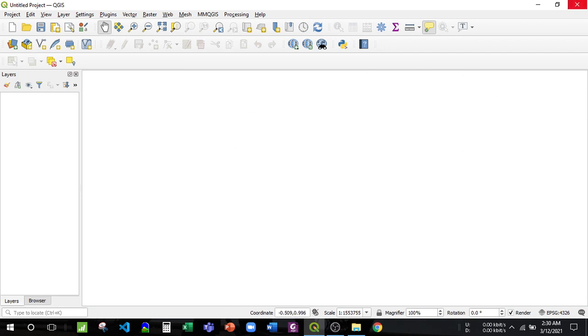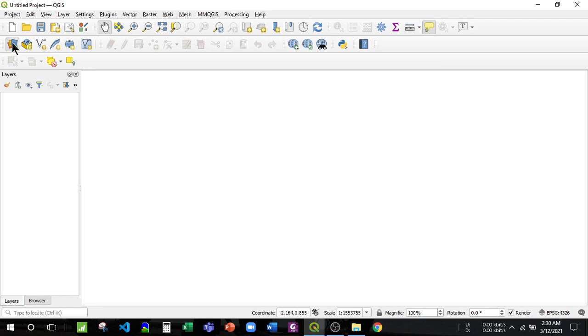So this is our basic format in QGIS. First of all, we are making a new project. What we will do first is add a layer. This panel shows us the layer column, and this is our main working area. In this there is an option called Open Data Source Manager, which I will click over here.